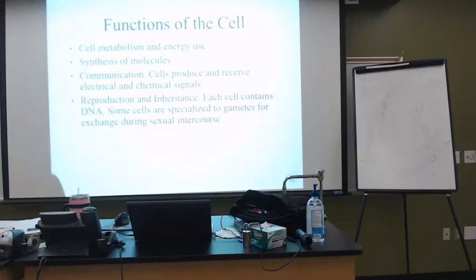The cell cannot work if materials don't come in, or waste goes out, or products go out. So yes, the nucleus of the cell, some people go, oh, that's the most important part. But that really can't function correctly if the plasma membrane